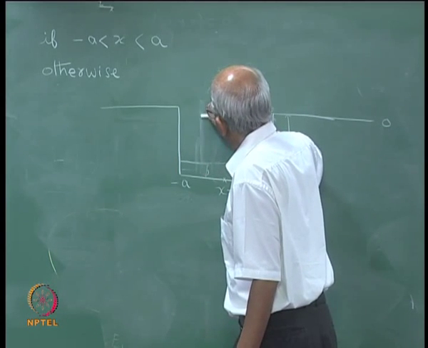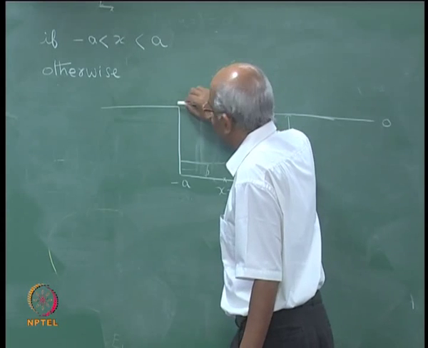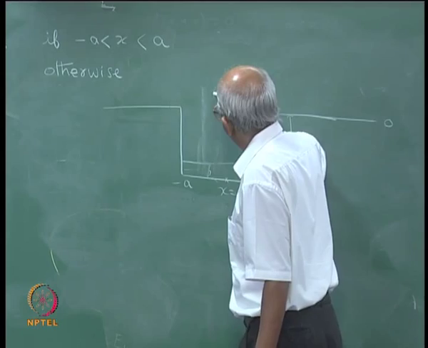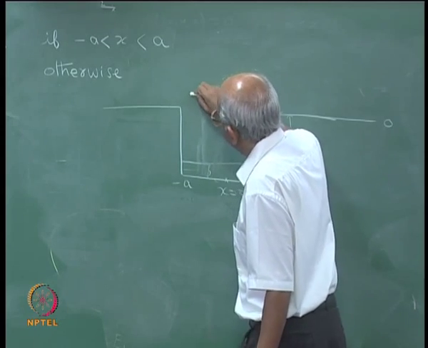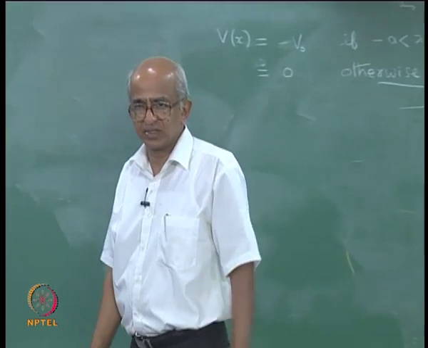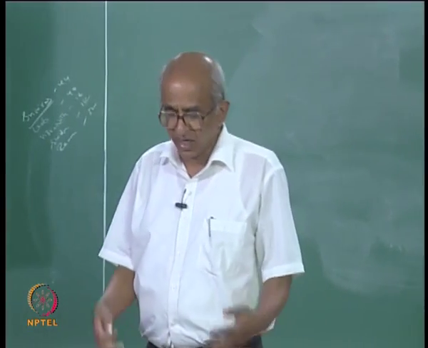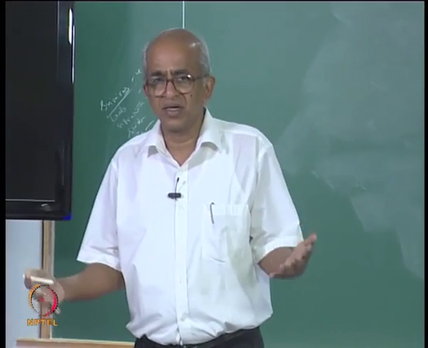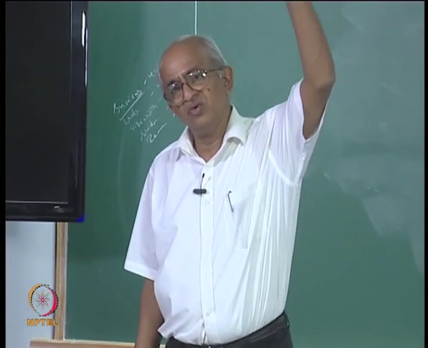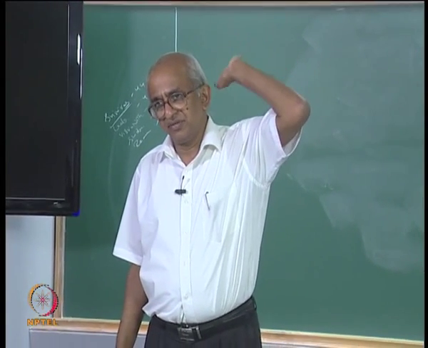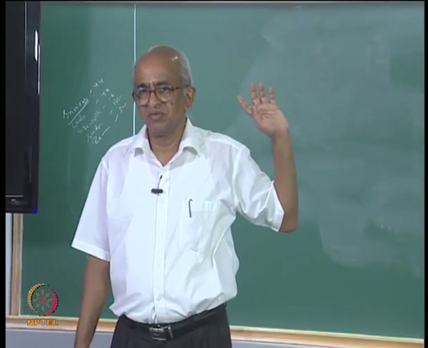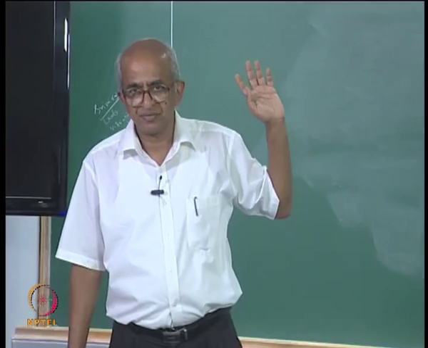But then of course, if its total energy is greater than 0, then what will happen? If you push the particle in this direction, it will go off to infinity. This is what will happen classically. So, classically speaking, the particle can have any energy from minus V 0 to plus infinity. Is that true in quantum mechanics? Is the question that we will answer.